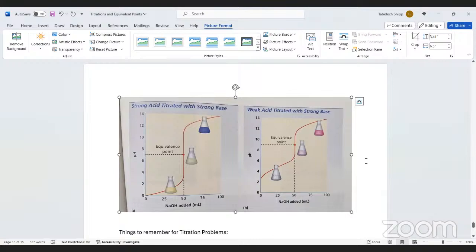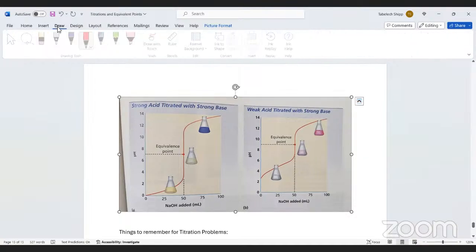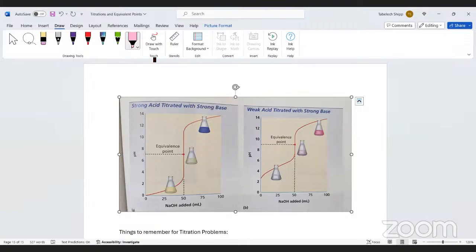Whenever you have a chart of this nature, when you talk about the equivalence point, if you are doing a titration lab where you have a strong acid titrated with a strong base, here is your equivalence point right there in the middle. So you start off high with a strong acid, and then you titrate it with a strong base. Here you end up with your chart, your graph, okay? See how it starts here? Remember, strong acids, the further they are away from the number 7, the smaller the number. And as you titrate it, okay, you see how the curve goes all the way up